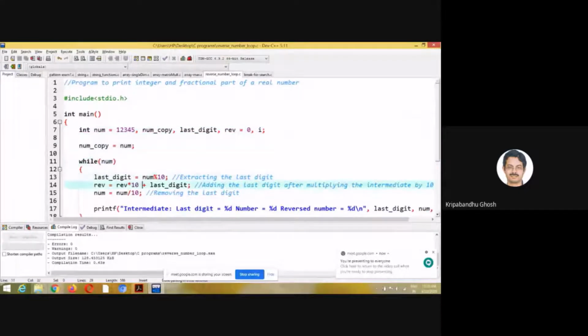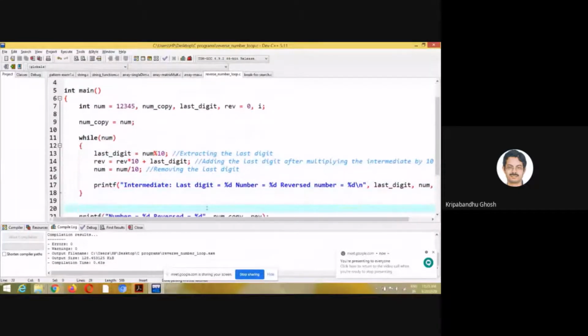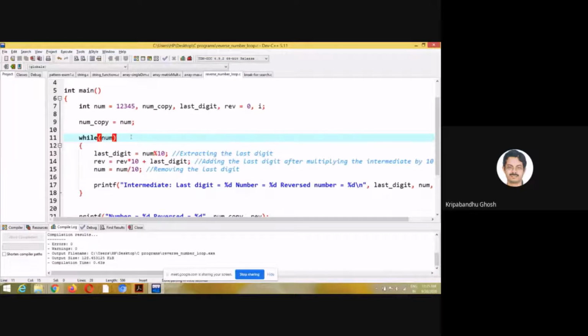So what is the logic behind it? From the number, we are taking advantage of the fact that the number is an integer. If we do an integer division, the last digit will be eliminated, right? And we want that last digit to be the first digit of the number we are looking to generate. That's the reverse, right?